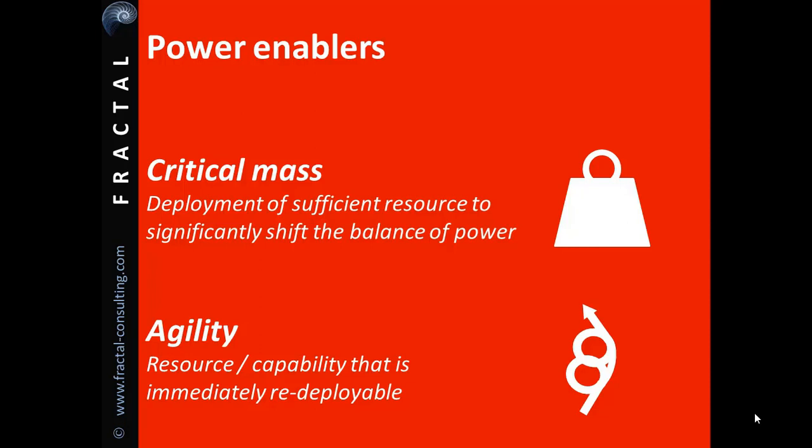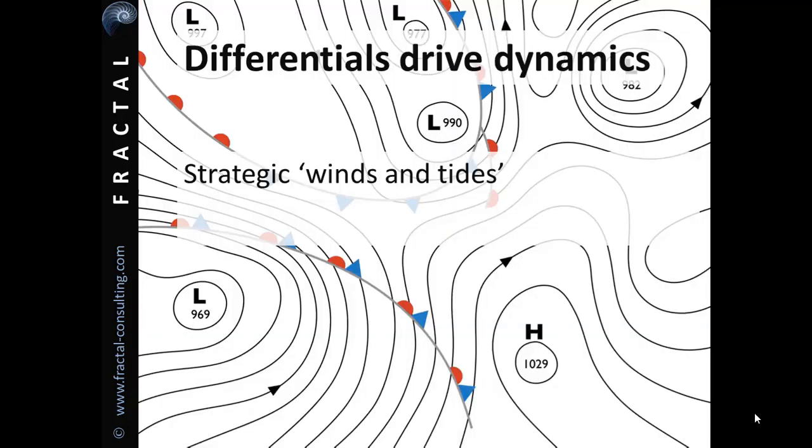It's not just about having a pool of resources quietly waiting. You need to know how much resource you might need and of what type, and also how quickly you might want to turn on the resource tap. If it's about redeploying money, that's relatively easy, provided you've got a war chest in the first place. But some capabilities take time to develop, so it takes thought to define what agility you want to have available and how much you're willing to pay to have that agility potential.